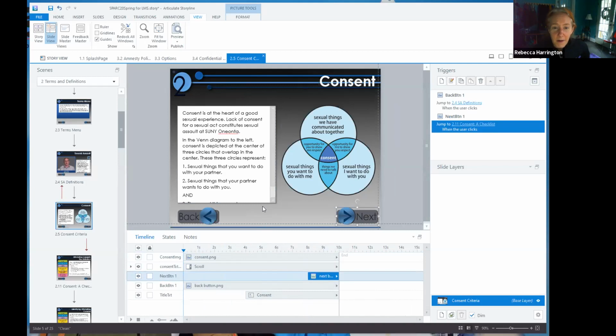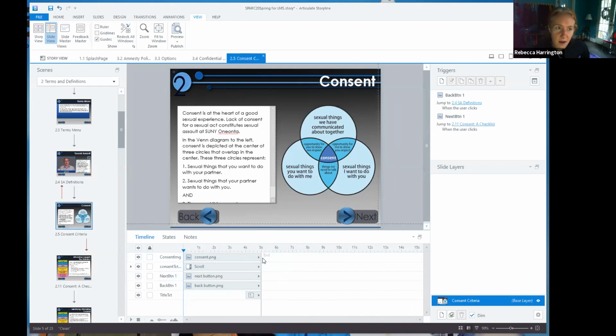I've, for the most part, made it so that most slides are 5 seconds. I think there are some algorithms about, if I know how long the text is on this page, I can have it calculate how long it takes the average reader to read that. Sometimes I'll just time myself reading it and use that as guidance for how long something should be.